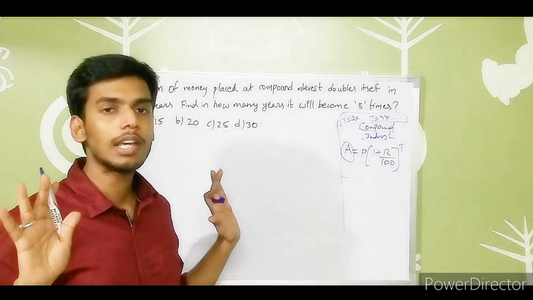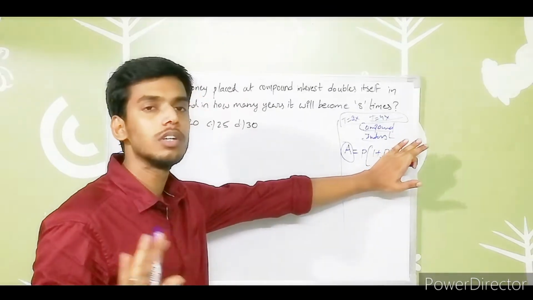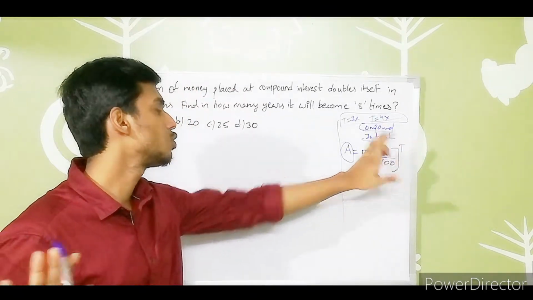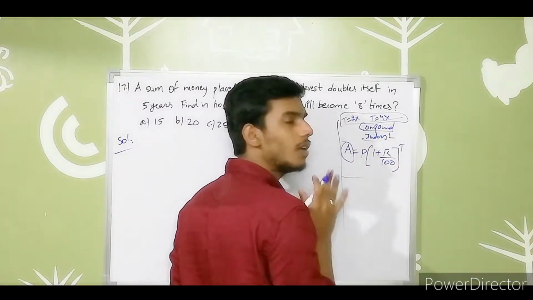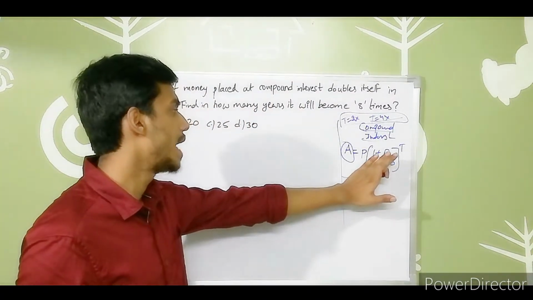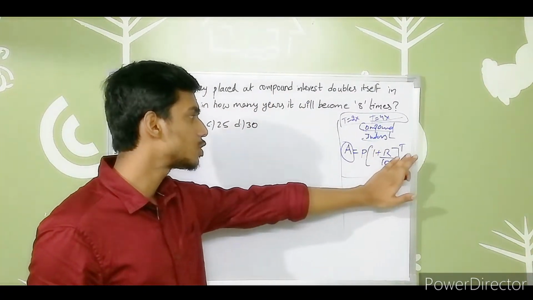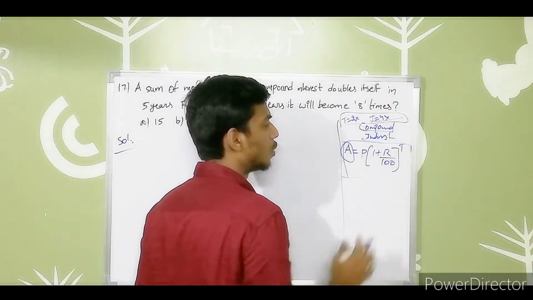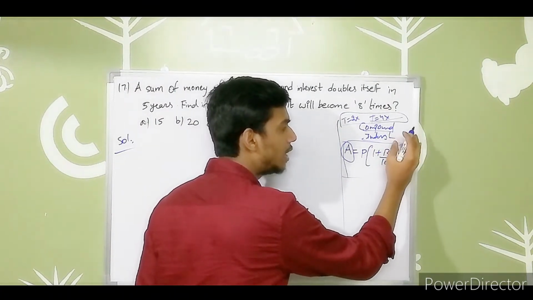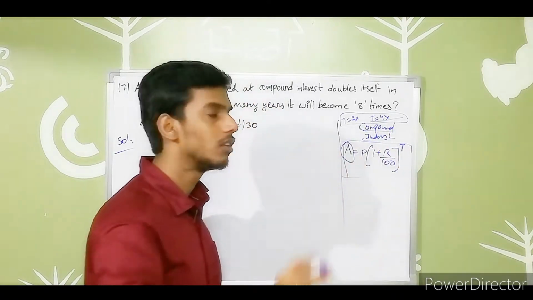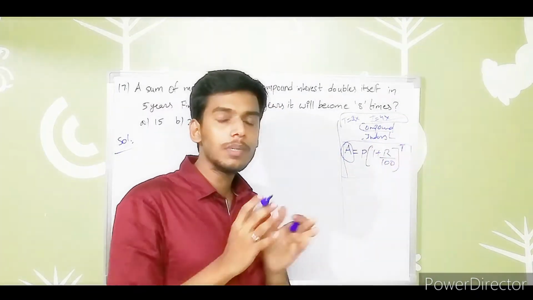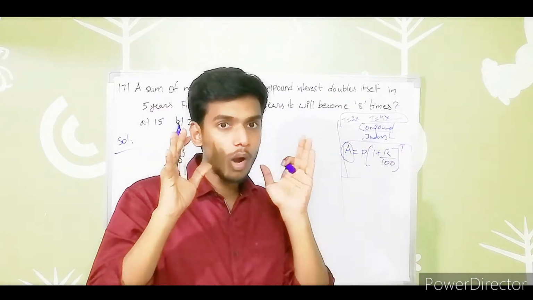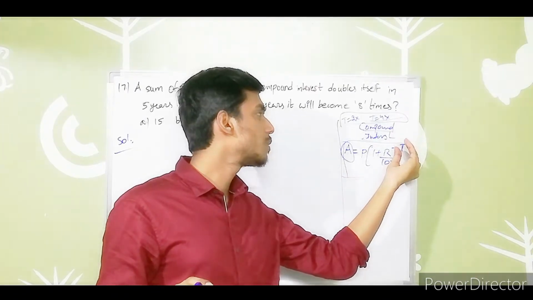So as we discussed in the earlier problem, up to this we will be clear, right? There is no problem up to this. The thing we have to remember, guys, as I said: amount equals P into (1 plus R by 100) whole power T, right? If they directly mention the years, we have to directly substitute it as T. That means if they do not mention half yearly or quarterly, then we can directly substitute it as T.